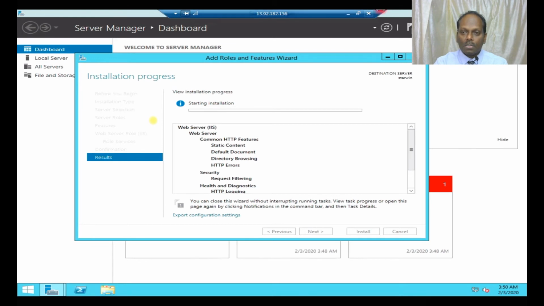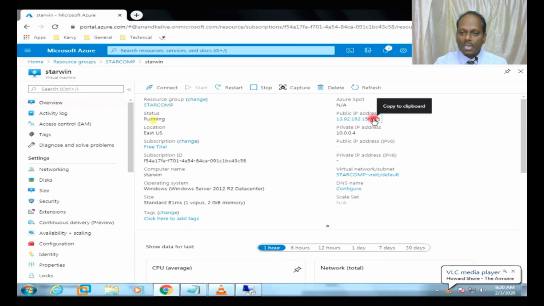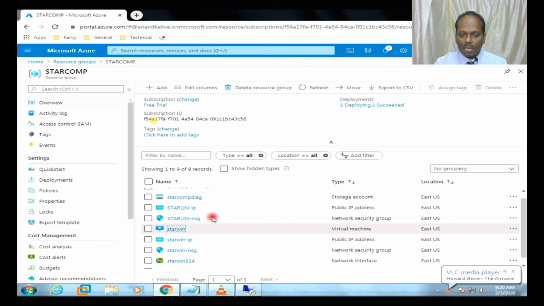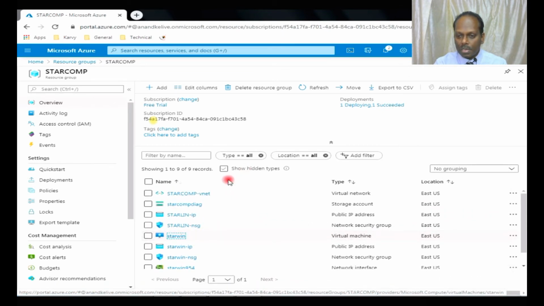Once this is done, we can launch our website. So meanwhile, we'll go and see the Linux server. So go to the resource dashboard. You can see this Starwin is there, and also the other virtual machine we need to see. It's not displaying. Let me refresh,